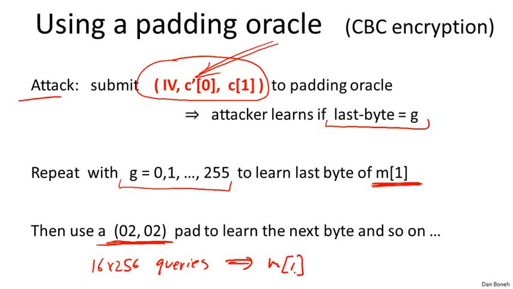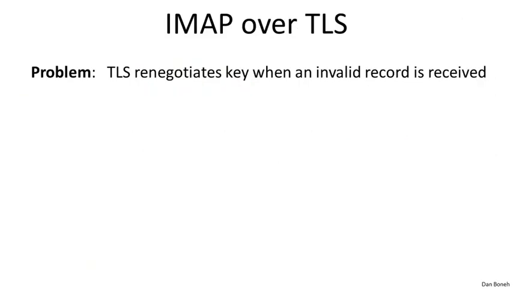So this is a pretty significant attack that is able to decrypt blocks of the TLS record. Those of you who know the inner workings of TLS should complain that this attack isn't going to work. The problem is that when TLS receives a record with a bad pad or a bad MAC, it shuts down the connection and renegotiates a new key. As a result, the attacker is now stuck with a ciphertext encrypted using an old key, and that key is no longer used anywhere, so he cannot submit any more queries. So with TLS, basically, he can only submit one query, and that's it. Even a single query still leaks information about the plaintext to the attacker, but it doesn't expose the entire plaintext block M1.